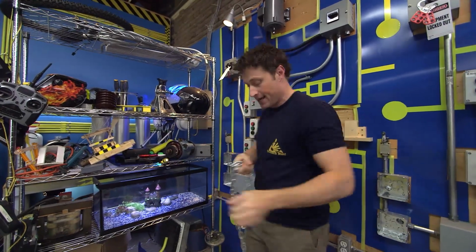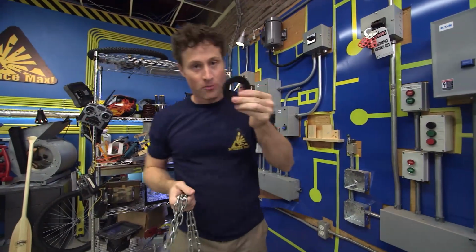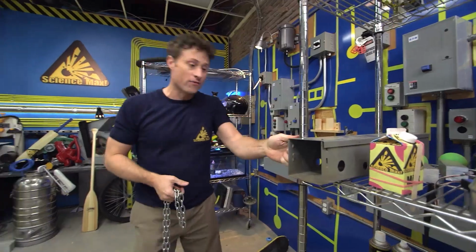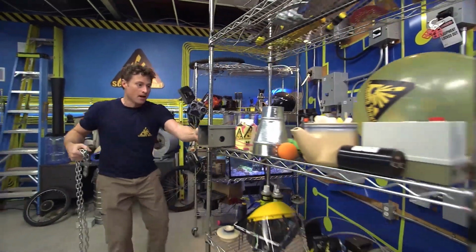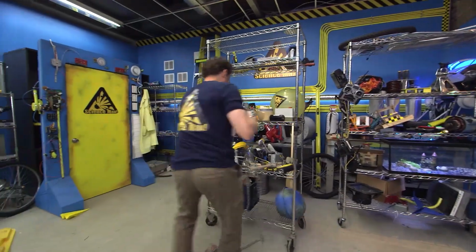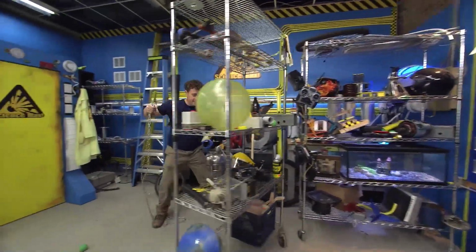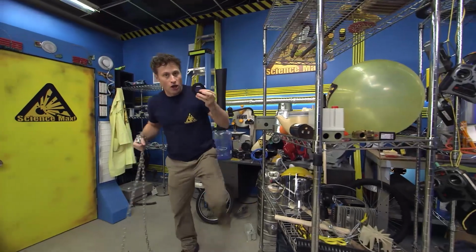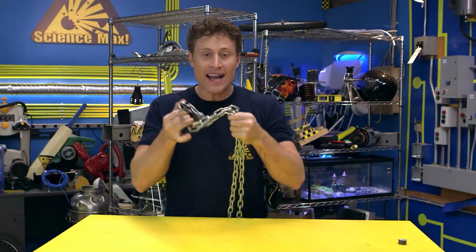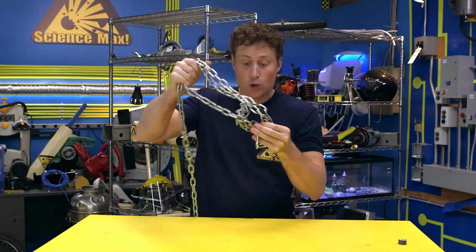This magnet that I've got here is a neodymium magnet, or a rare earth magnet. It's one of the strongest magnets you can get. A magnet is an object that is attracted to anything that is ferromagnetic, which is iron, nickel, or cobalt. And magnets are interesting because they have two sides. There are two